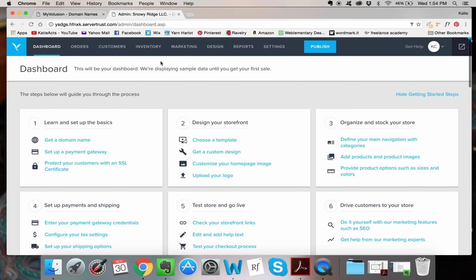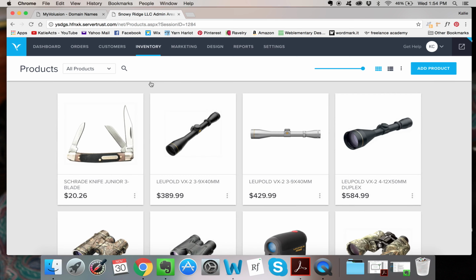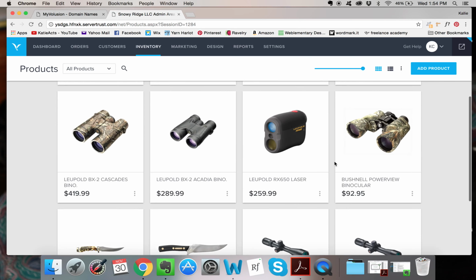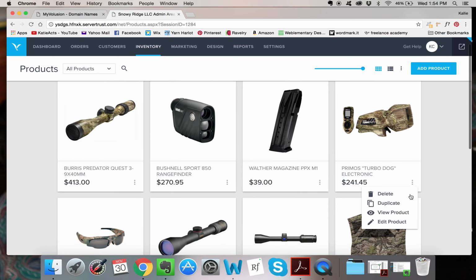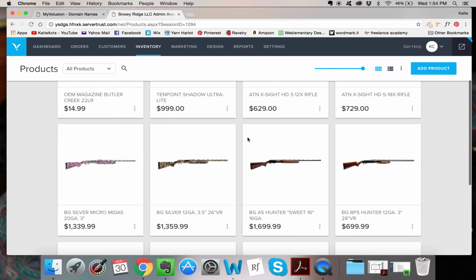My best recommendation for adding a product is to go to Inventory, click here on Products, and since some of these templates for these products that I have are specialized, particularly the guns, I would recommend just duplicating a previous product. So let's go down and find a page that has a gun. Okay, so let's go to this pink camouflage. We'll click on the product,